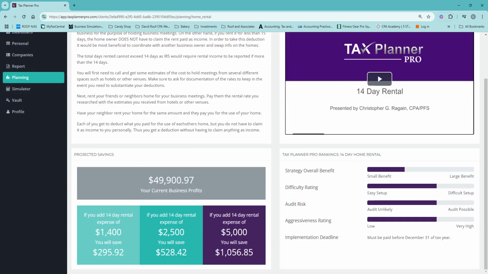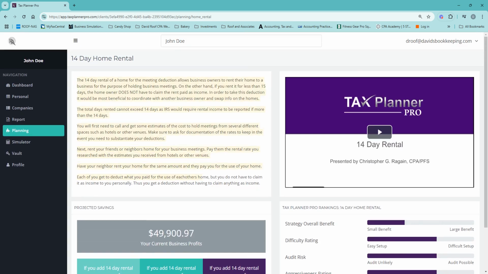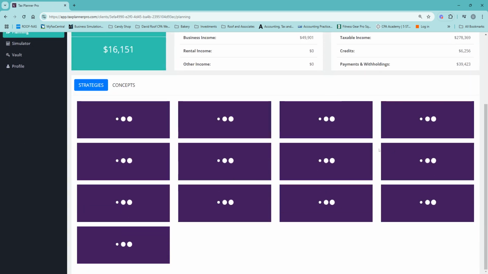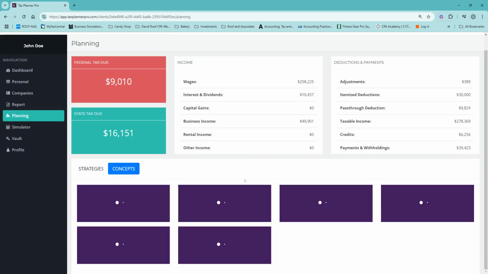It tells you what your potential savings are over here, difficulty rating. So it's a lot of what was just on that report, but this one has a video to it. And then you could go through a bunch of these different ones and watch the videos and understand what's going to happen here. And then there's another section called concepts, where what that does is it brings you to